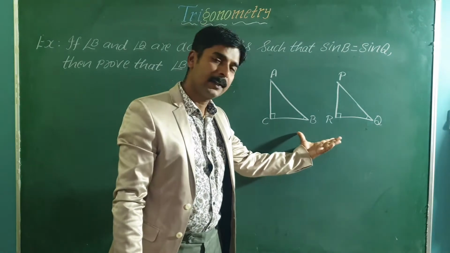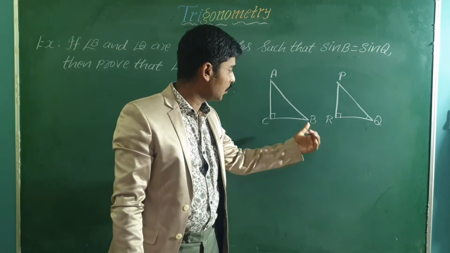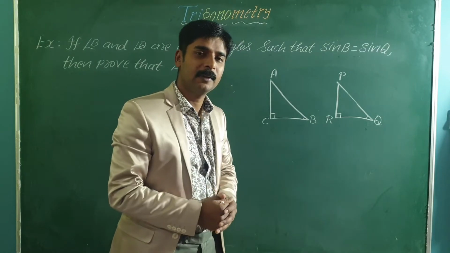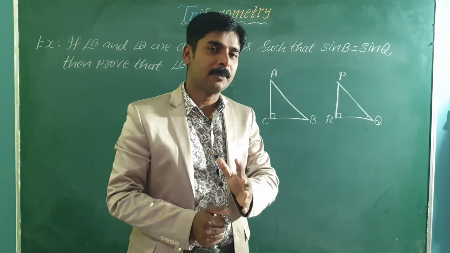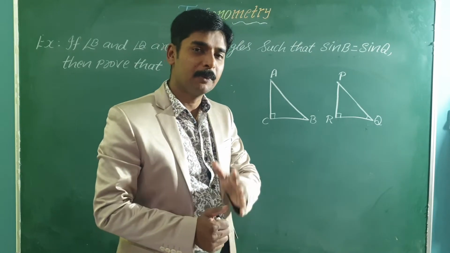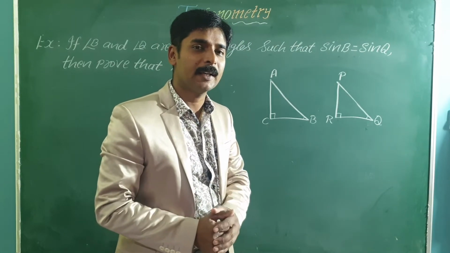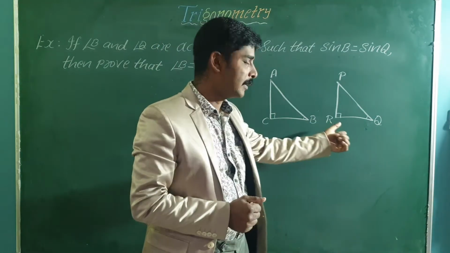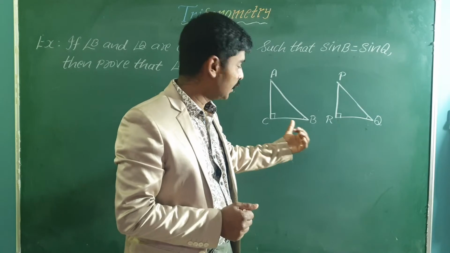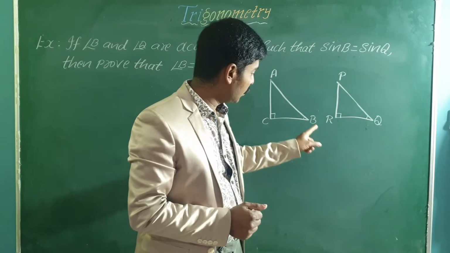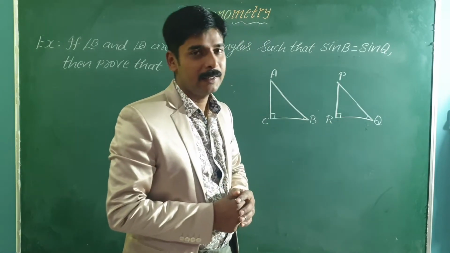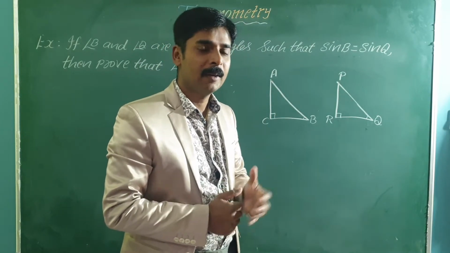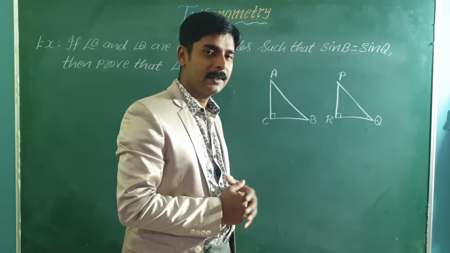When two triangles are given, you need to prove that their corresponding angles are equal or corresponding sides are equal. The two concepts that you must always apply and remember are congruent triangles and similar triangles. Only by proving that two triangles are congruent, or only by proving that they are similar, can we prove that the corresponding angles are equal. In this case, we can't prove that they are congruent, but we can show that they are similar.